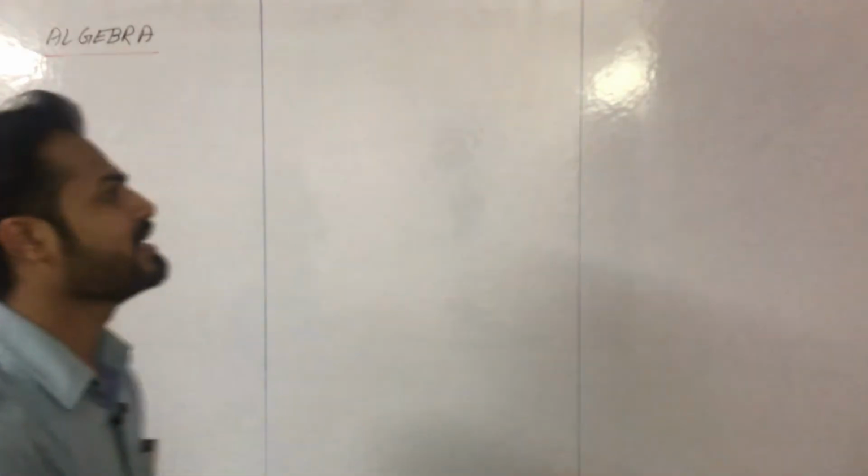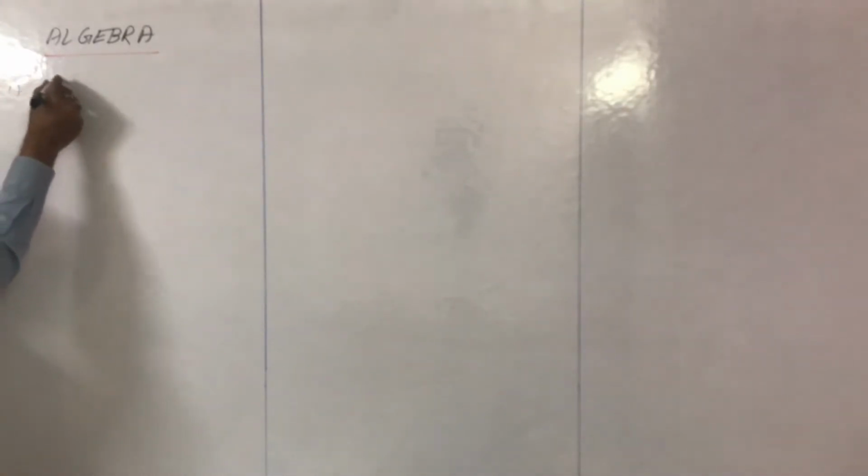We are in algebra and today we are going to discuss a review of brackets, then we'll solve exercise 8.7. So first of all, review of brackets. We have three rules for brackets. First, when a negative sign comes before brackets, we change the sign of each term. For example, we have two variables a and b, and before the bracket we have a negative sign. So when a negative sign comes before a bracket, we change the sign of each term within the brackets and remove the